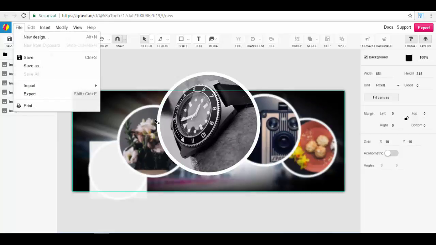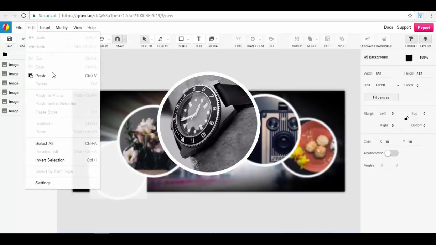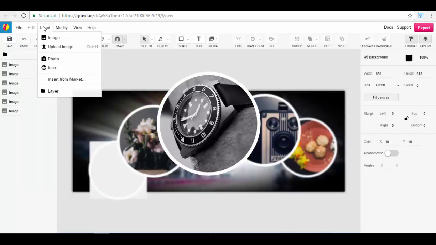You can save basically your project, editing options, insert. From the insert section, you can insert different images into your project, okay. You can upload your own images, you can insert photos. You will see that you'll also have some stock photos given by them for free. Icons, the same thing. You will see that you'll have a set of icons for free that you can use. You can insert from market, okay. You have that market I've told you about, where you can find different elements that you can insert,